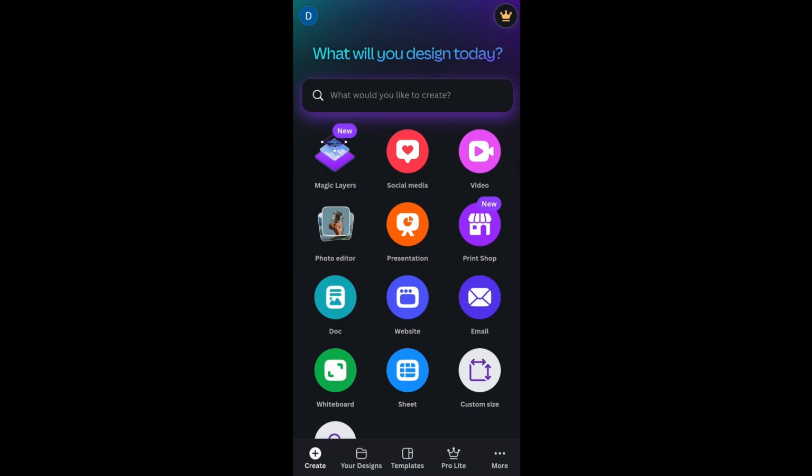In this video, I will be showing you how to change the language in Canva mobile app. So let's get started. First thing, in the mobile app, to the leftmost top, we'll be having our profile icon. Click it